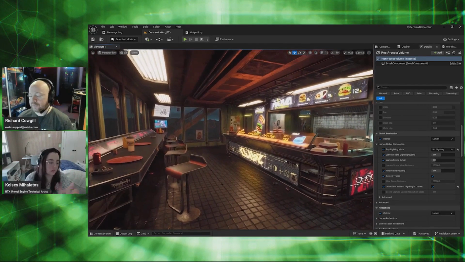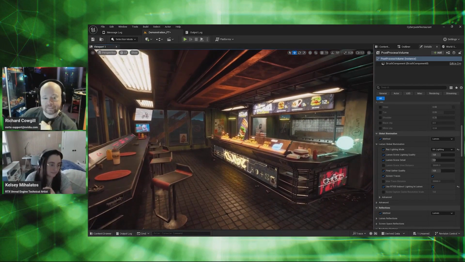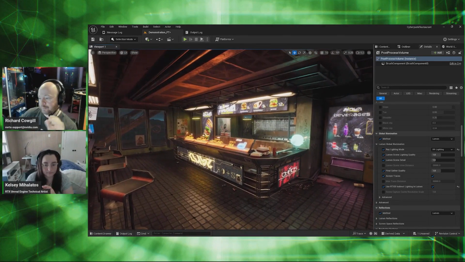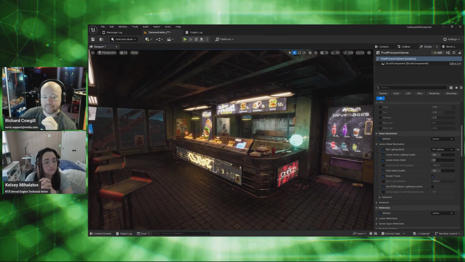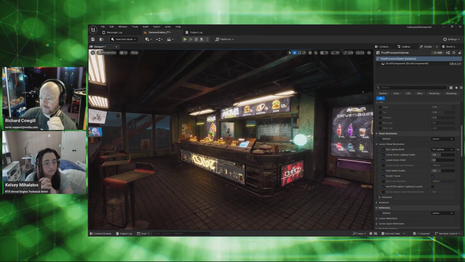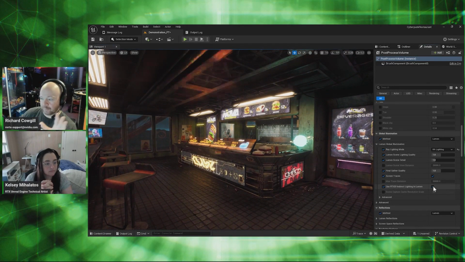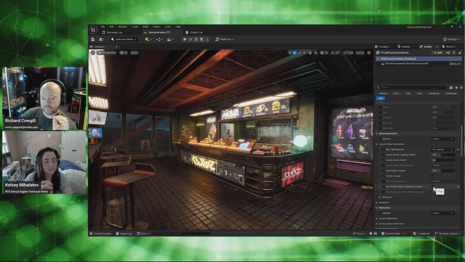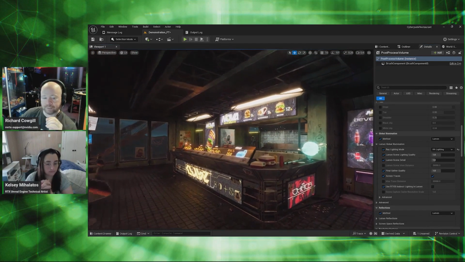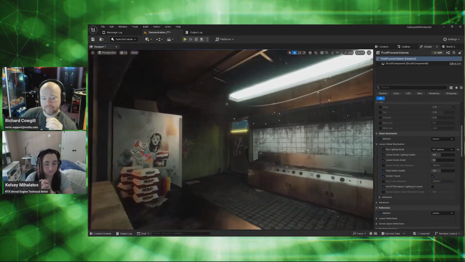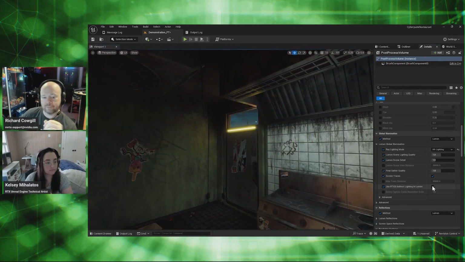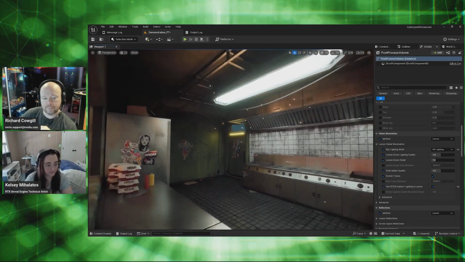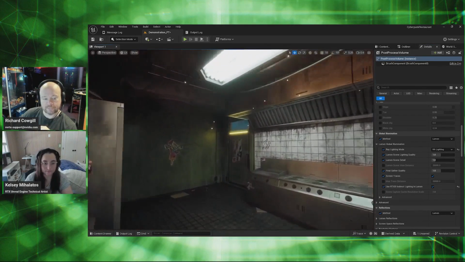In terms of denoise, yeah, ray reconstruction is probably improving the quality of hardware ray trace Lumen here just a little bit. It can denoise hardware RT Lumen, I believe, to an extent. It tries to improve that signal. So I'm not toggling ray reconstruction on and off, leaving it on. But you can see the noticeable uplift with